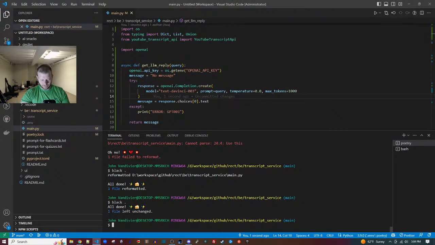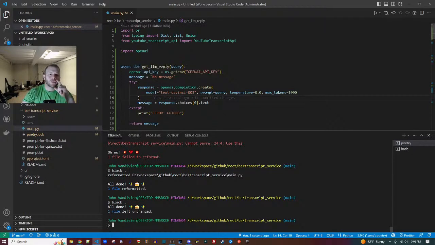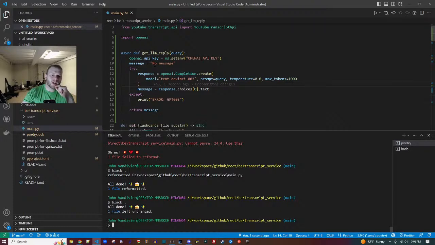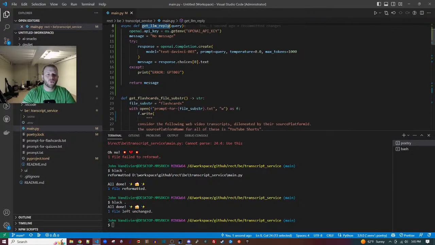Cool. Language, we have TypeScript and Python. Right in front of us is Python. So here we're getting the OpenAI response. We need to send them the query. So get LLM reply. We're going to do these one at a time.